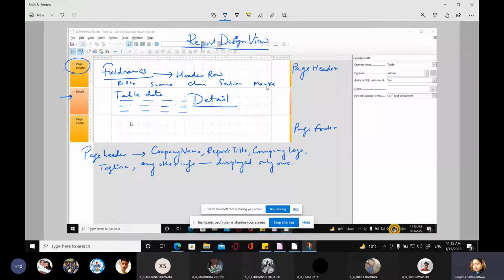And then you have the page footer over here. So normally, what does the page footer contain? Page number, or date, time, or any other info which we need to specify in the page footer, the author of the page, the company, copyright information, or any other information which you need to specify only once. That is specified in the page footer. So page header and page footer will contain details only which are not to be repeated or drawn from the table, right? So we'll close it.